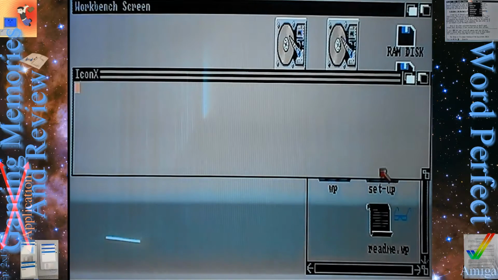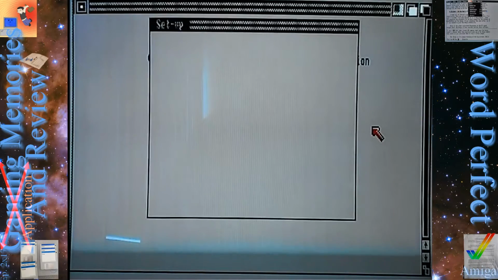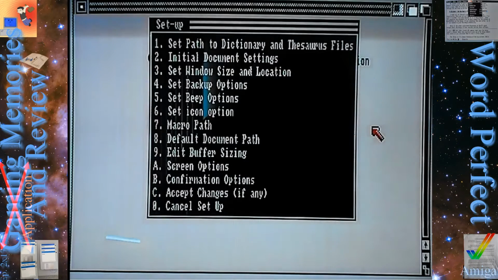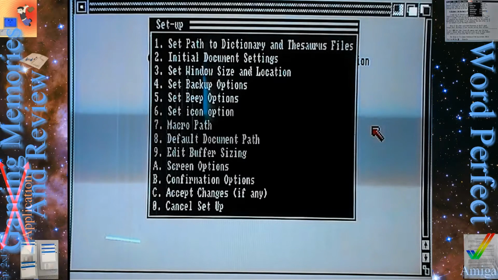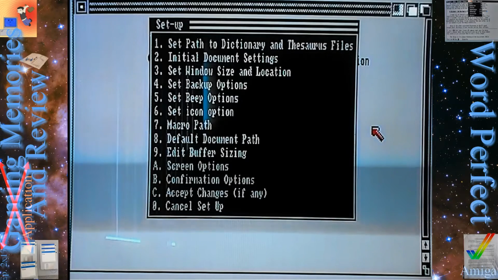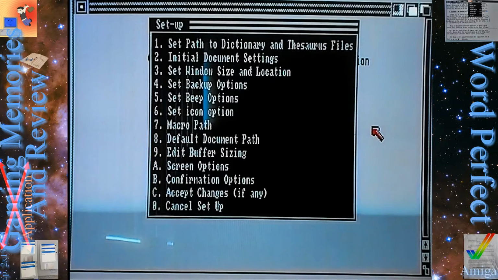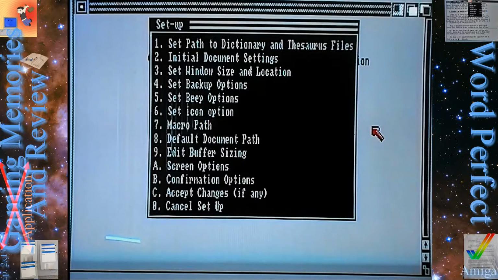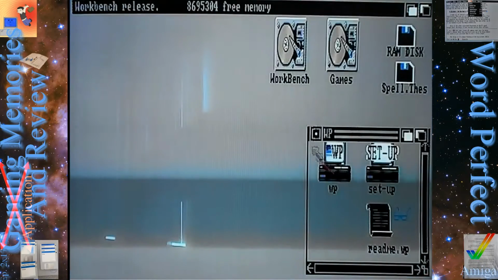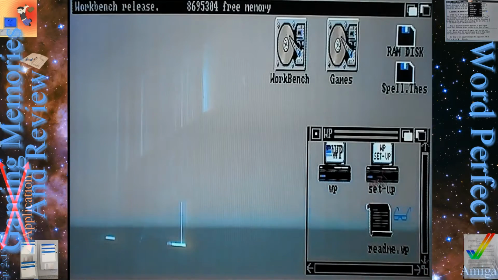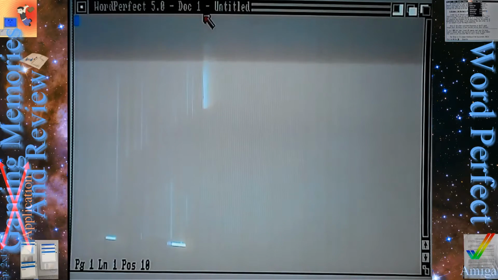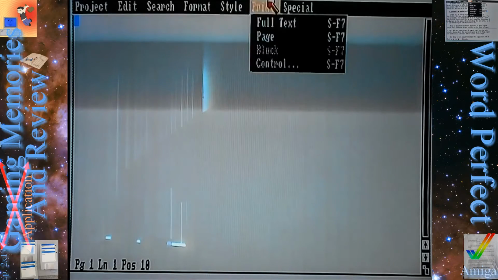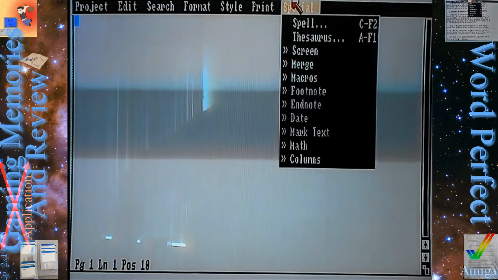You can also go to Setup. But this is fully functional. I've tested it quite a bit myself, and 5.0 is fully functional. It's just as functional as 4.1. It's not actually 5.0. This just gives you some basic things if you want, but we don't need any of that right now. I had to go through that setup just to point it to my spelling areas and stuff, so it would spell check documents. But this is WordPerfect 5.0 on the Amiga, 5.0 in quotations.